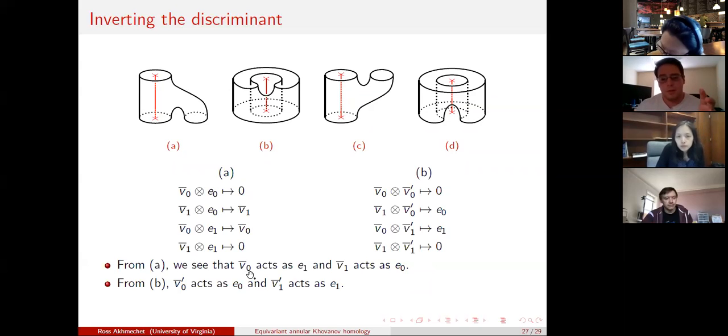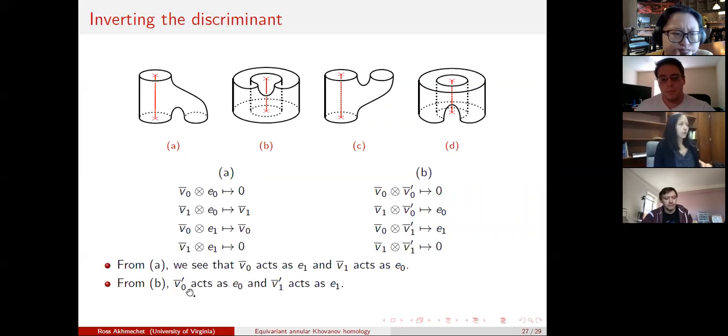So from A, you see that V null bar acts like E1. What I mean is, if instead of V null bar here, you put E1, then you'd get that these 2 elements are orthogonal like you'd expect. If instead of V null bar here, you put E1 and you put E1 here, then you'd get that it's idempotent, and so on. And then V1 bar acts as E null as well. So some mismatch with the subscripts. And it's kind of flipped for the